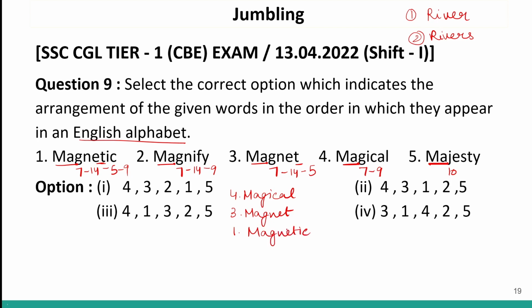Then after this, the next word will be magnify. And after this, the next word will be majesty. So the correct sequence is 4, 3, 1, 2, 5, and 4, 3, 1, 2, 5 is given in option number 2.